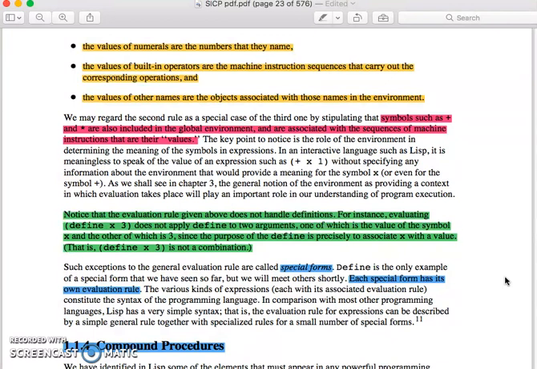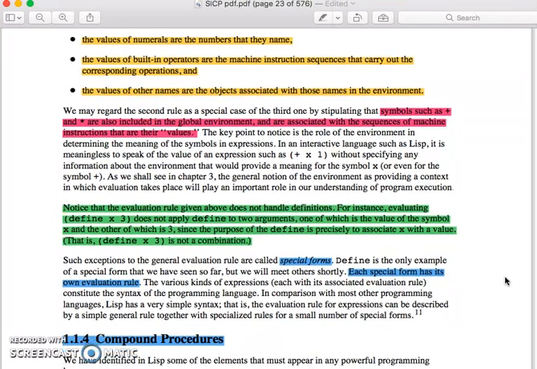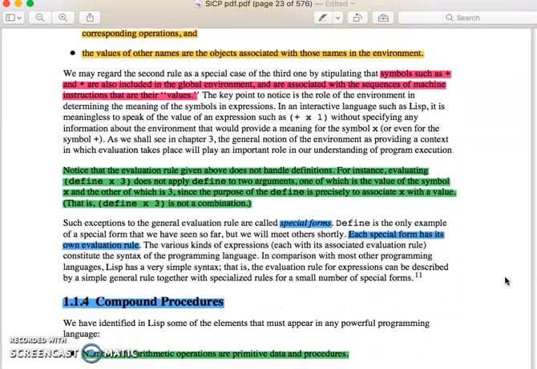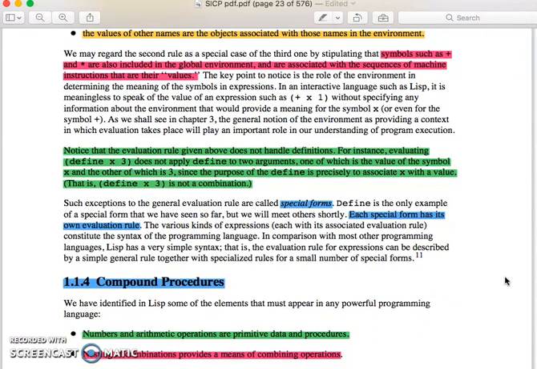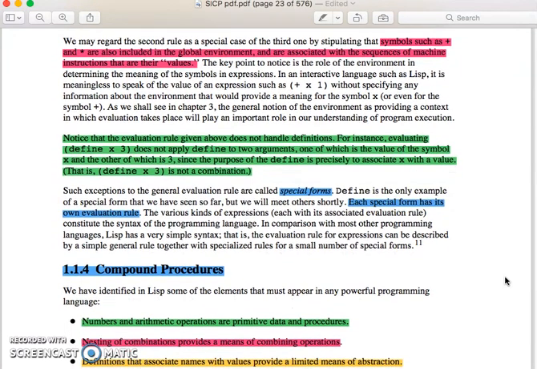In an interactive language such as Lisp, it is meaningless to speak of the value of an expression such as (+ x 1) without specifying any information about the environment that would provide a meaning for the symbol x, or even for the symbol +. As we shall see in Chapter 3, the general notion of the environment as providing a context in which the evaluation takes place will play an important role in our understanding of program execution. Notice the evaluation rule